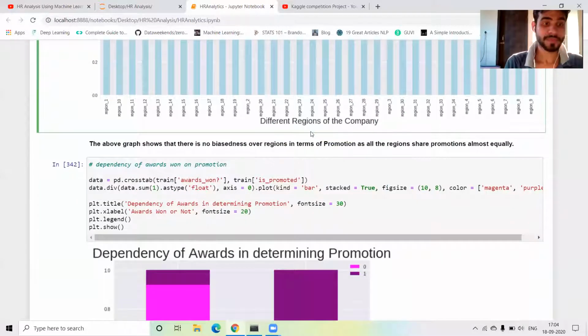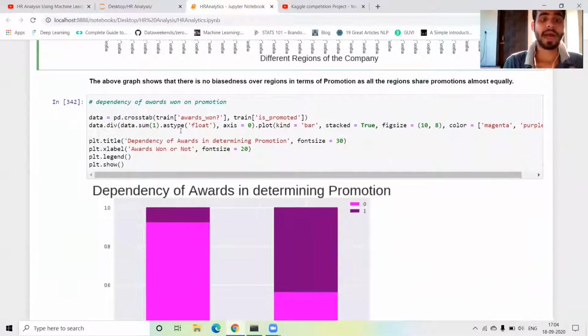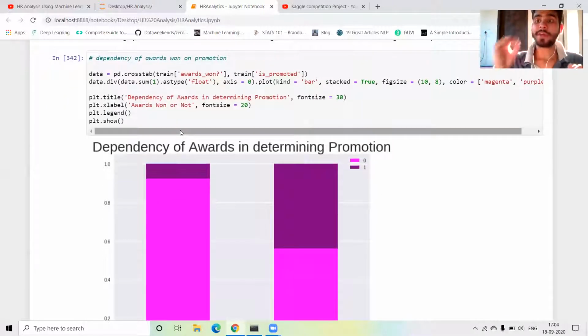Okay, next our awards column and the promoted column. Okay, so if you are awarded every month or every year, then your chances of being promoted are very high, and if you are not awarded, then your chances of promotion are low. So same thing in our graph.